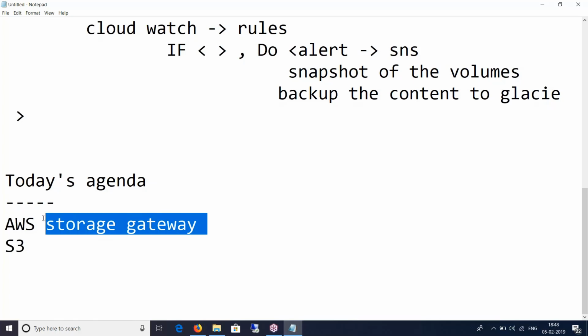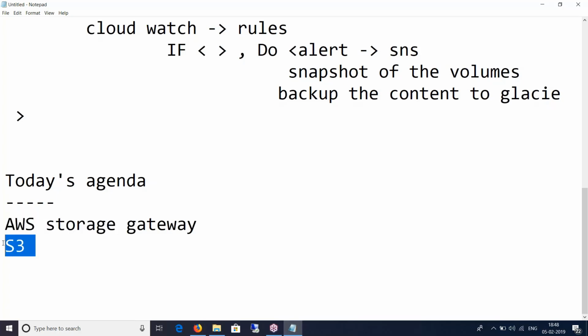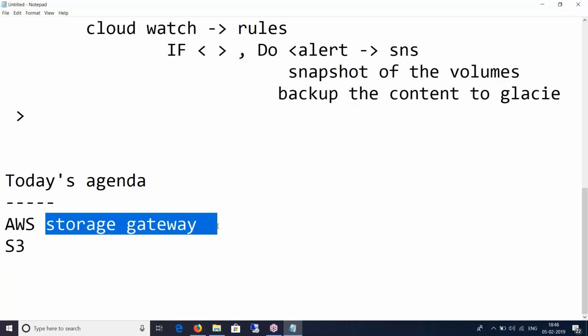Now here we're specifying storage gateway. That means the storage components of AWS like S3 or Glacier or block storage will be connected to your on-premise with the help of an endpoint device called storage gateway.